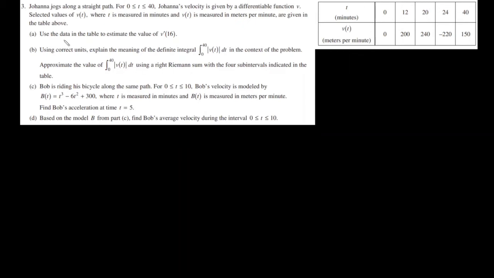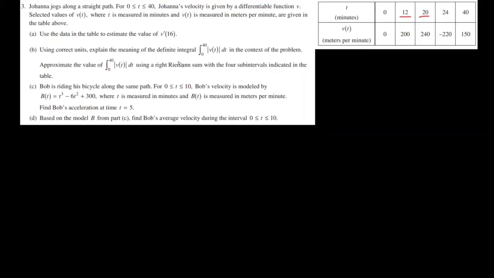In part A, we're asked to use the data in the table to estimate the value of v prime of 16. Whenever you see this thing where they ask you to approximate the derivative given the values of that function in a table, you're always going to be taking 2 points that are close by. In this case, we have v prime of 16, so our 2 close by points are going to be 12 and 20. And we're going to be taking the slope between these 2 points, because basically, we're using 2 points that are nearby as an approximation for the slope at 1 point that's in